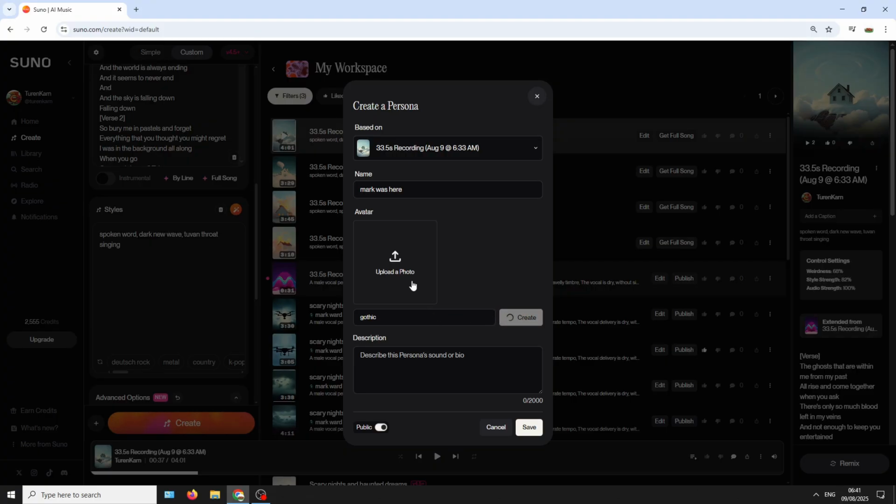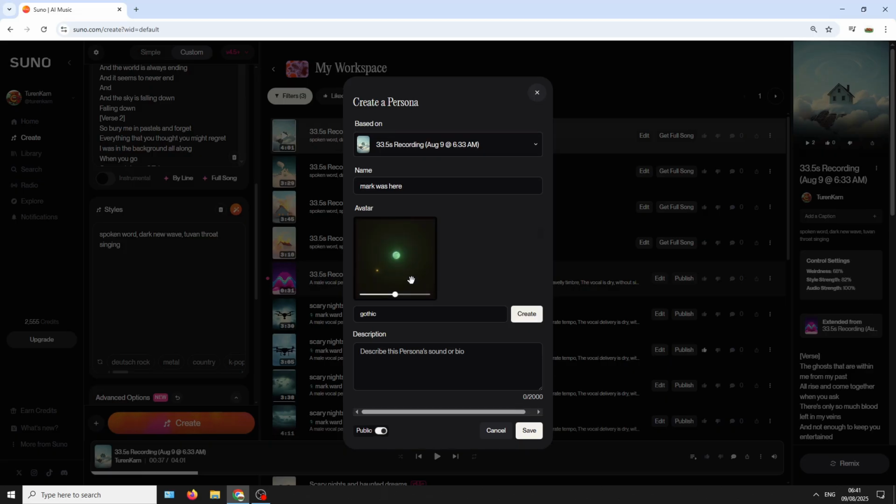And we'll generate a quick picture, or you can load one in. Yeah, that'll do. Zoom in a bit. And down here, this should be clicked on permanently, I think, basically to lock your personas so they're not public, because it is your voice, therefore you have copyright, and putting it out there for anyone else to use.